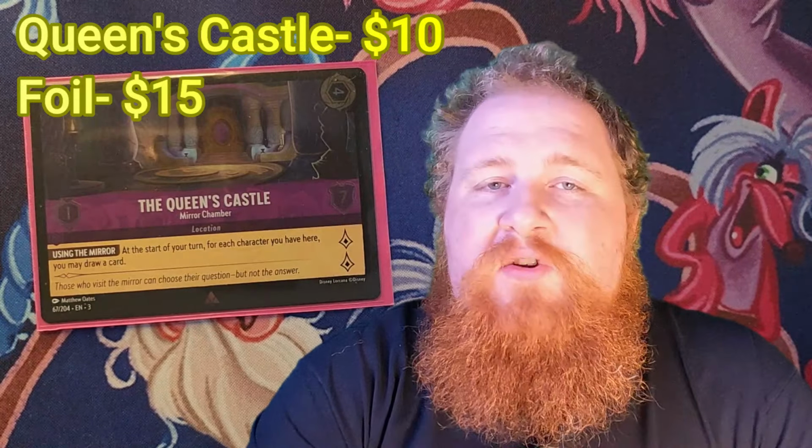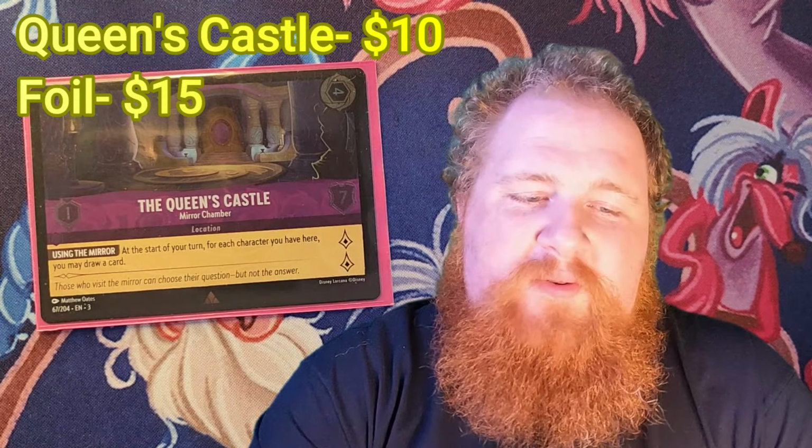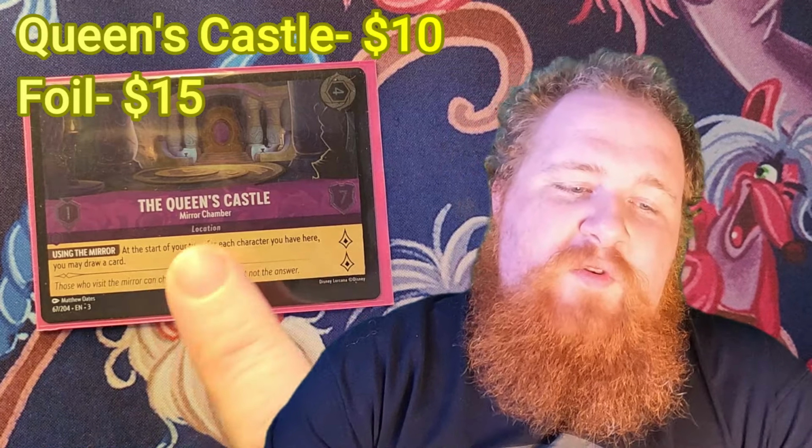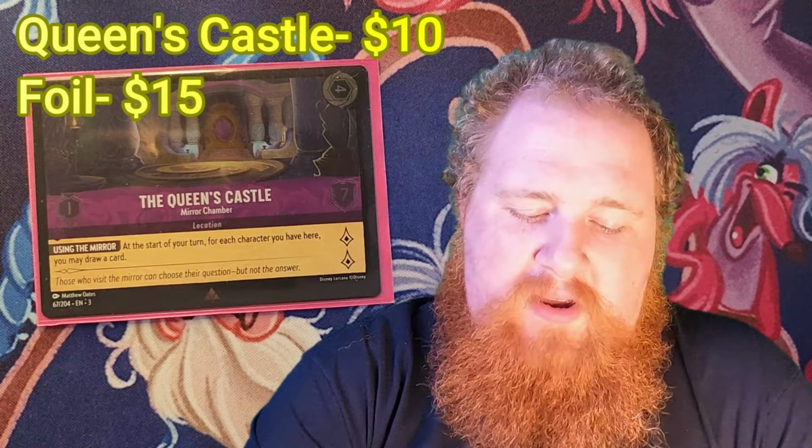And even more game ending, at the start of your turn, if you have characters moved into this location, you're going to be drawing a card for every character that's here. So if you get a couple characters in there, draw 3 cards. It's absolutely gross. This was one of the first locations coming with the introduction of locations in set 3, and